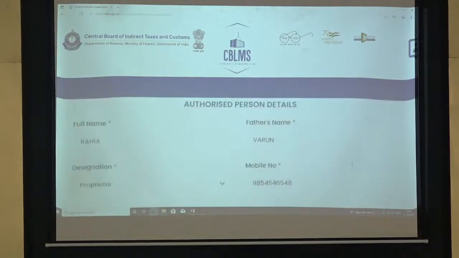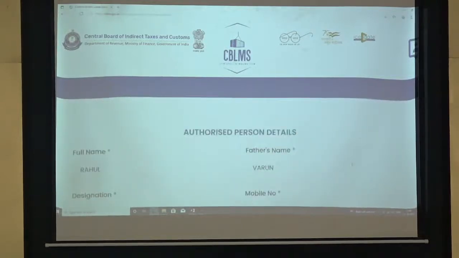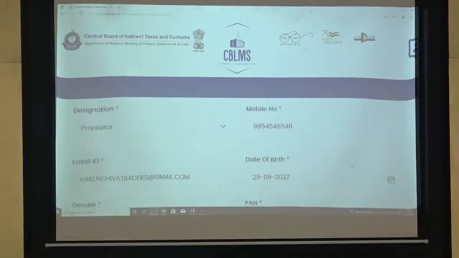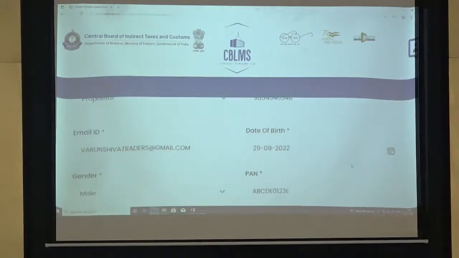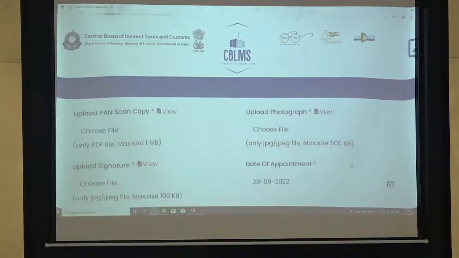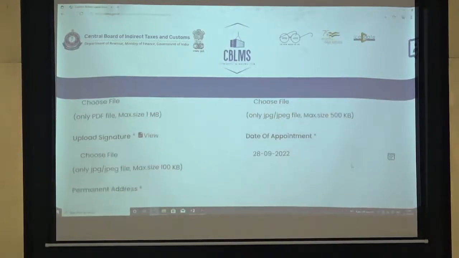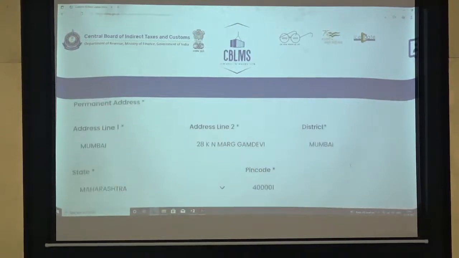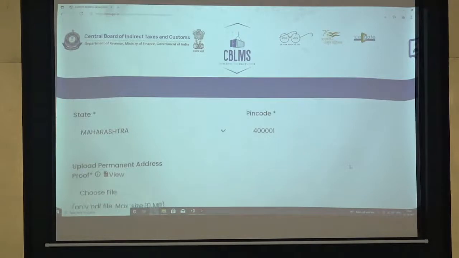Next one is authorized person details. Okay? Now whosoever जो आपने एड्रेस फिल किया, जो भी आपके CV लाइसेंस का जो एड्रेस है, उसमें कौन है, हु इज द ऑथराइज्ड पर्सन, यू नीड टू फिल इन हिज डिटेल्स, ऑल द डिटेल्स पर्टेनिंग टू हिम, ओके। उनकी भी पैन कार्ड की कॉपी लगेगी, उनकी भी फोटोग्राफ लगेगा, ये सब आपको स्कैन करना है, ठीक है। उनके पर्सनल, उनके जितने भी डिटेल्स हैं, उनके प्रेजेंट एड्रेस, उनका परमानेंट एड्रेस, सब आपको रखना है, ठीक है।